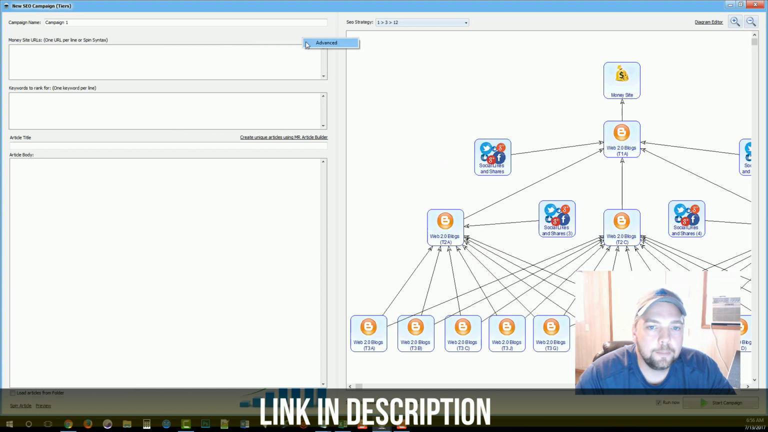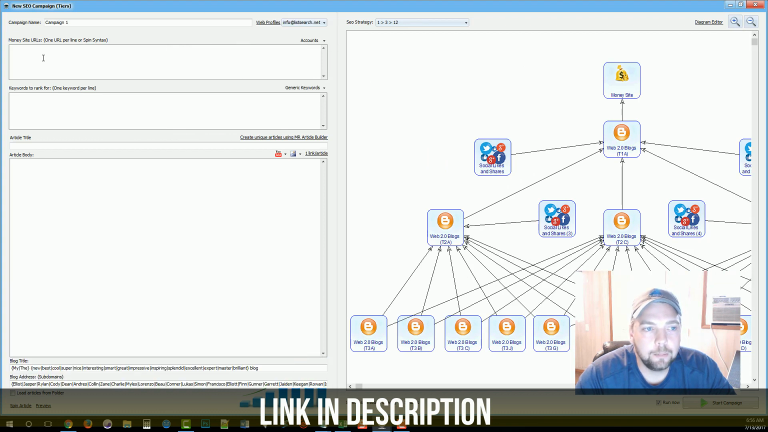In the left-hand column, all we have to do is enter our money site URLs or videos, the keywords we want to rank for, and our article content. After that, MoneyRobot will do everything else, from creating the email accounts to verifying them, creating the profiles, and building this entire network. So all we have to do is enter a few URLs first. We're going to enter a couple websites and a YouTube video. Next, we're going to enter a few keywords we want to rank for, and then we're going to click Create